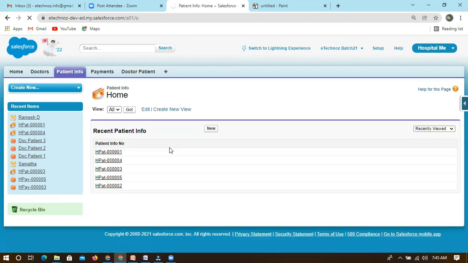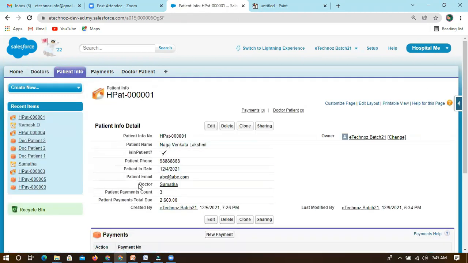So if I create patient H patient 01, I have just connected that patient to this doctor, Samatha. Likewise, we can connect patient to doctor, like from child to parent. Only then does the relationship concept come, when there are different entities that I want to connect. If I don't connect them, each is individually a single entity only in the system.